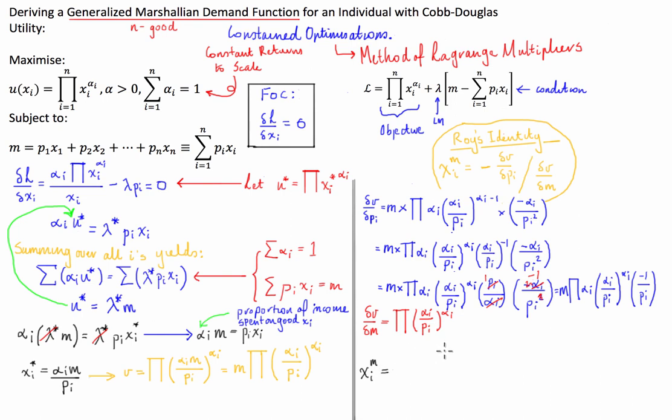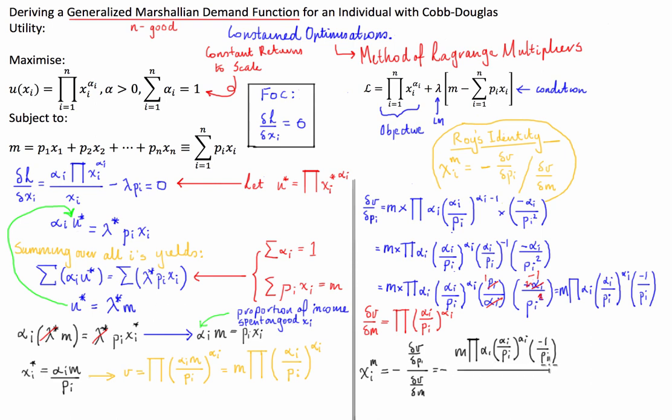Now, what I'll do is I'll put in our partial derivatives, and this turns out to be negative. Now, our partial derivative with respect to price is this big thing, so we have m times our operator times alpha I on pi to the power of alpha I, negative 1 on pi,